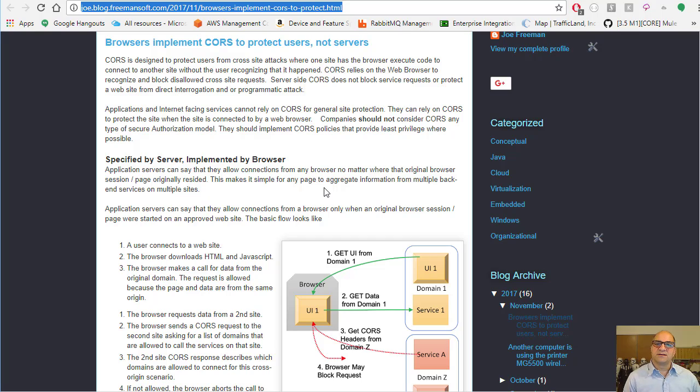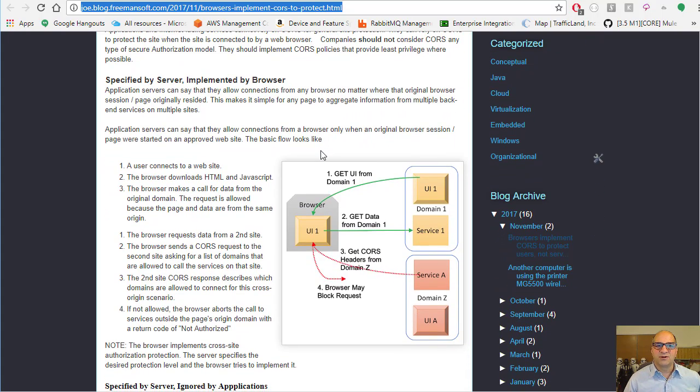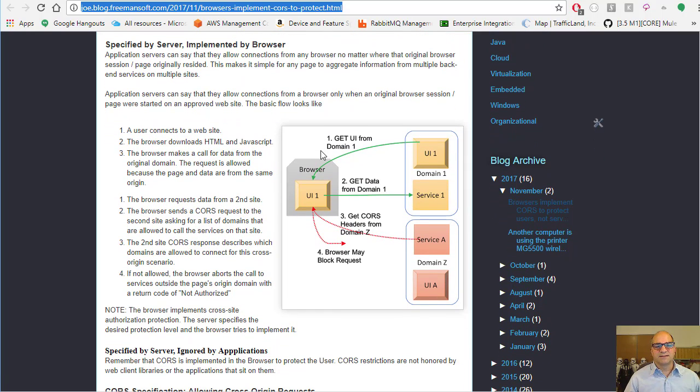So if you have a client that doesn't implement CORS, or you have an application that you wrote that goes against multiple websites, CORS has nothing to do with that. It won't help you at all. It's really designed to help with browser sessions. So what does the flow look like? And I'm sure people who are experts on this will send me a whole bunch of messages about where I'm off by a little bit, but at a higher level, basically what happens is a user